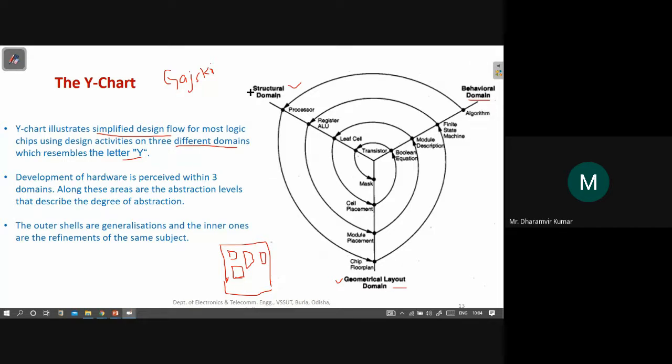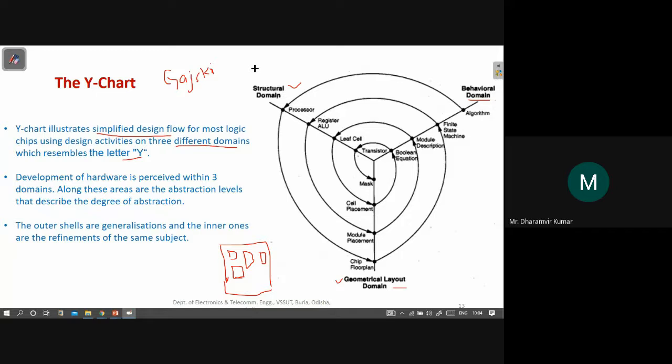This structural domain will tell us about the actual structure of the circuit. We know that the circuit will consist of some components, but what components? We know that a building is made up of walls, right?